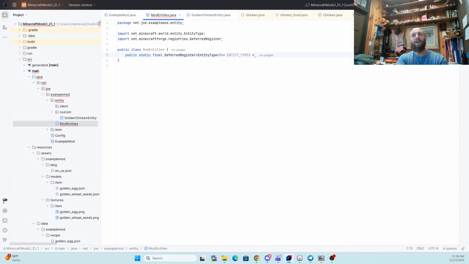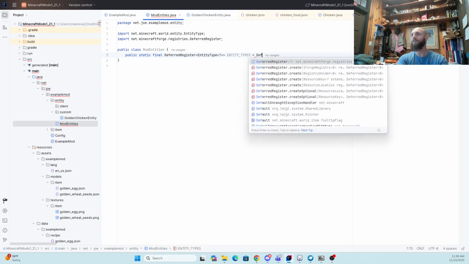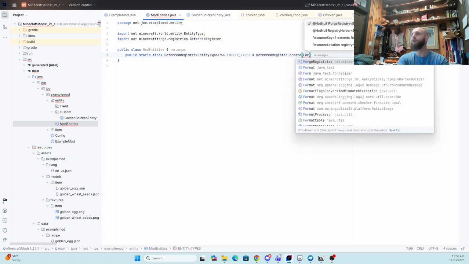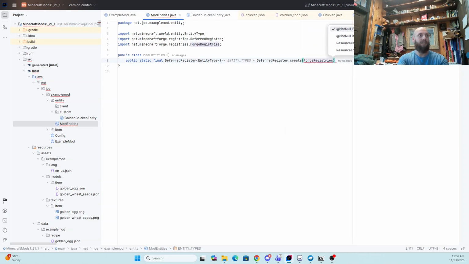So I'm going to make an entity types deferred register called entity types. And this is going to be a deferred register that we're creating from Forge registries dot entity types, and needs to have our example mod